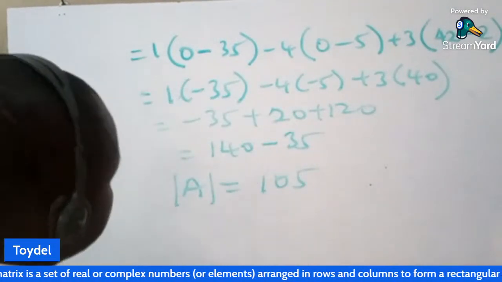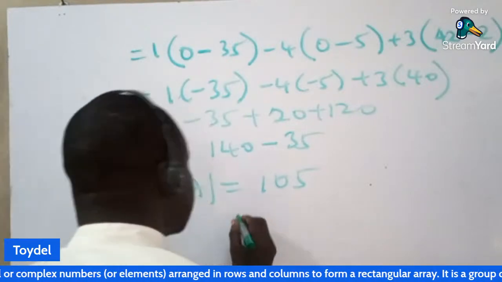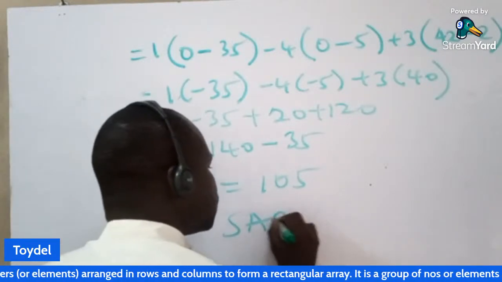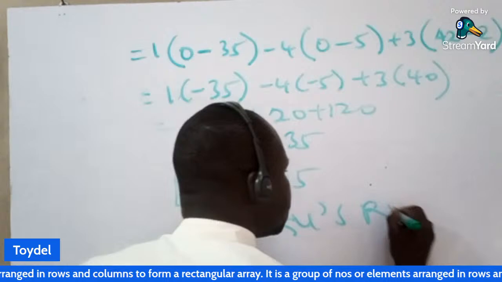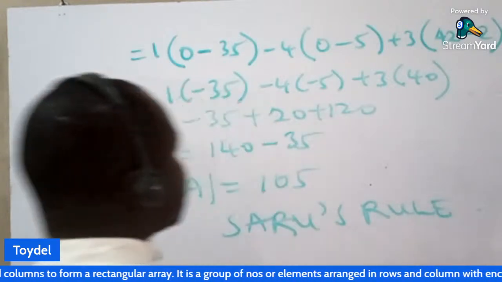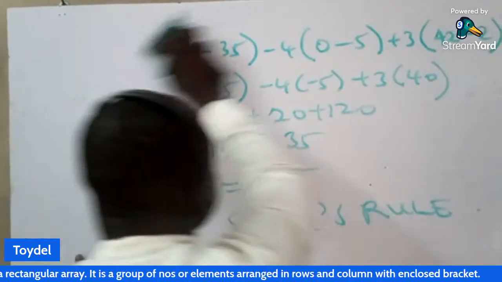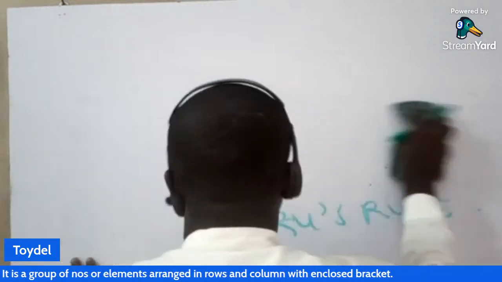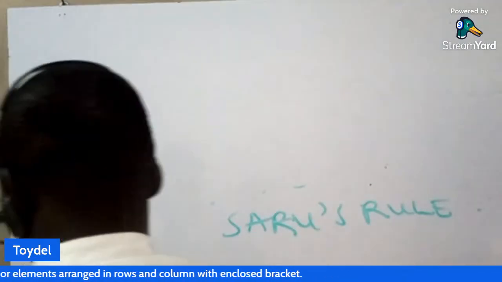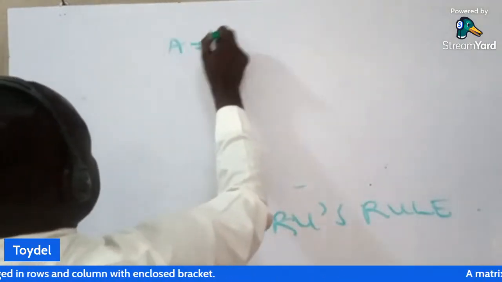If you don't want to do it this way, we can go ahead and apply what is called the Sarrus rule. We can use Sarrus rule to find the determinant of a 3 by 3 matrix. Then how do we apply Sarrus rule? So let's just do that. What is the value of A? A is given as